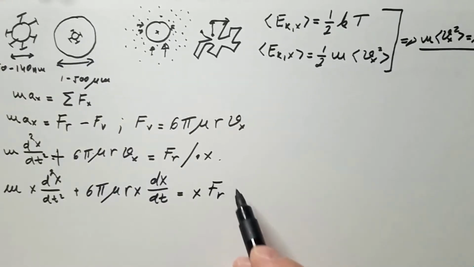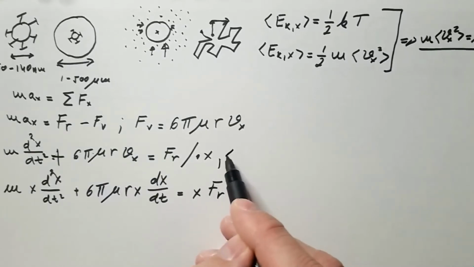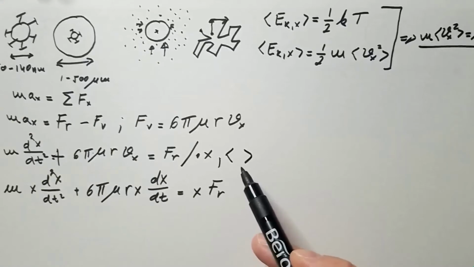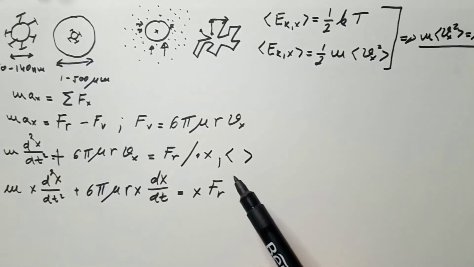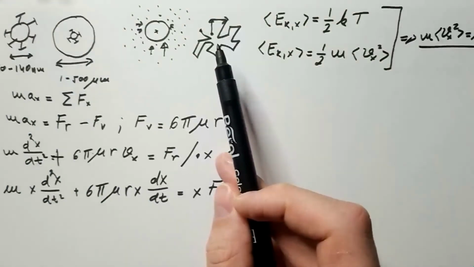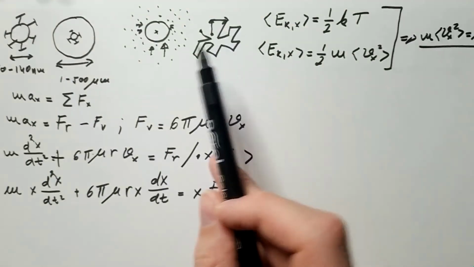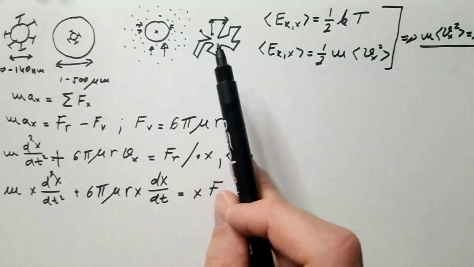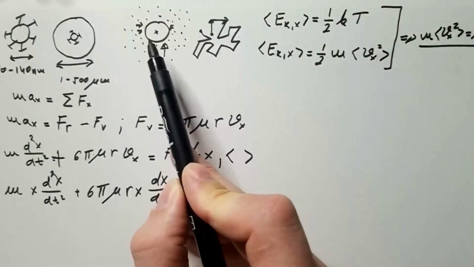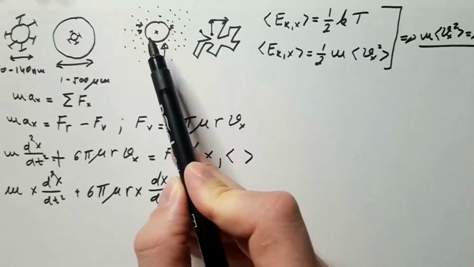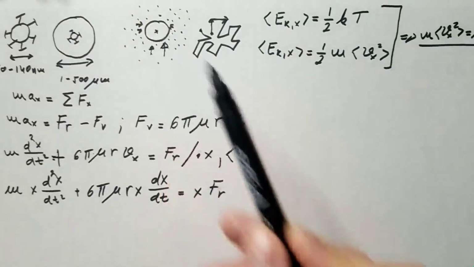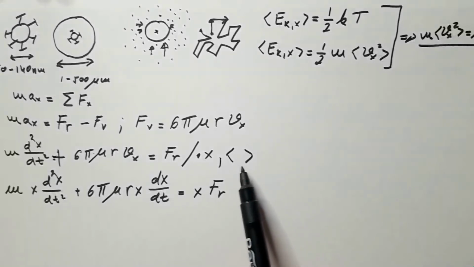Now I will also average this equation. Now what do I mean by average? Well, I mean similar to what I did in my previous video. I can either let this particle move for a very long time and then average that movement over a very long time, so not 5 steps or 10 steps, but a million steps, or I can release many particles and then do an ensemble average of these many particles and how they move, either of these, and I represent that with this